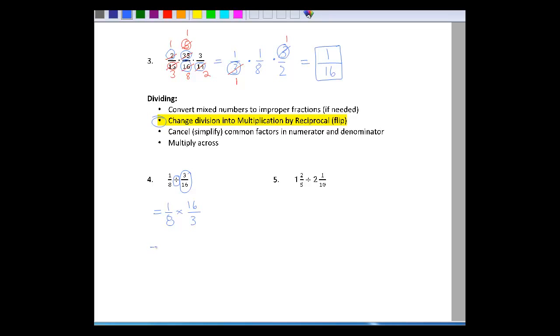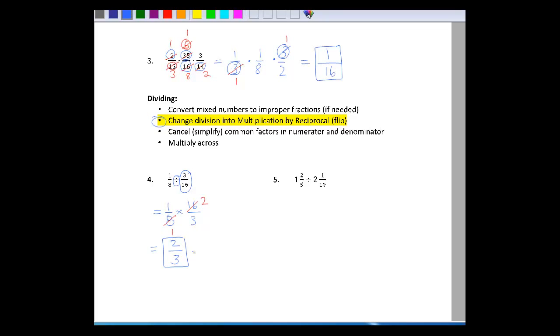Then you're back to a multiplication problem. I see a common factor here of 8. If I divide these by 8, I get 1 in the denominator and 2 in the numerator. And then if I multiply across, 1 times 2 is 2, 1 times 3 is 3. So 1/8 divided by 3/16 is 2/3. And the last example here,